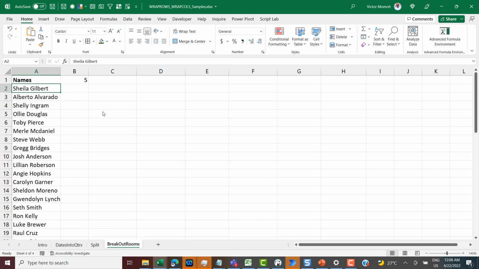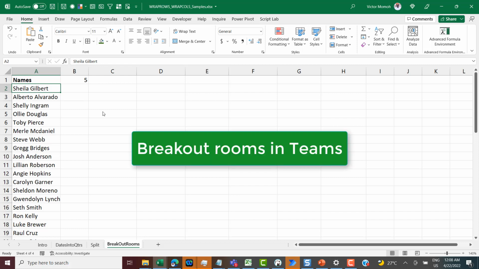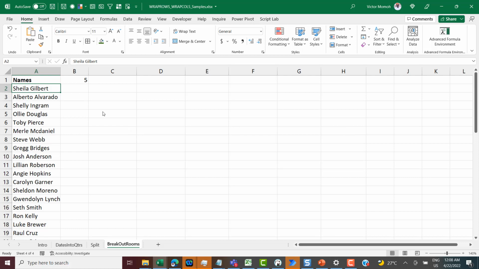Okay, so in this last example, I'm going to simulate breakout rooms. If you've ever attended a Teams meeting where people are broken out into smaller rooms, maybe so they can manage the discussion at that level, get to know themselves, diversity and inclusion, you would understand what I'm talking about. So what I want to be able to do is to use wrap rows, wrap cols to be able to